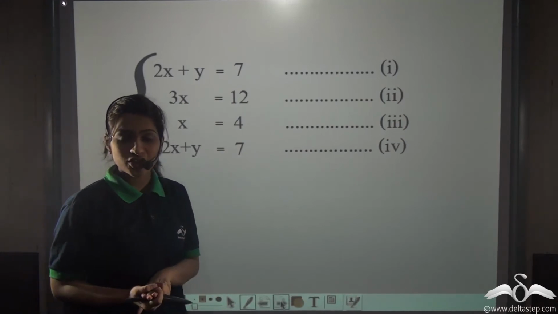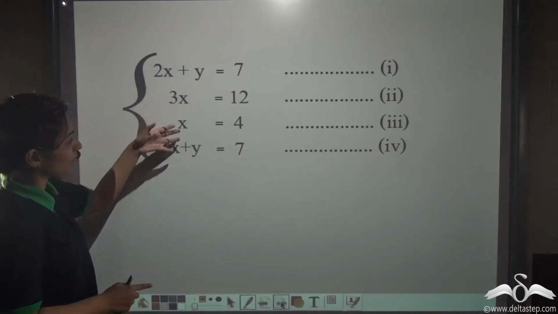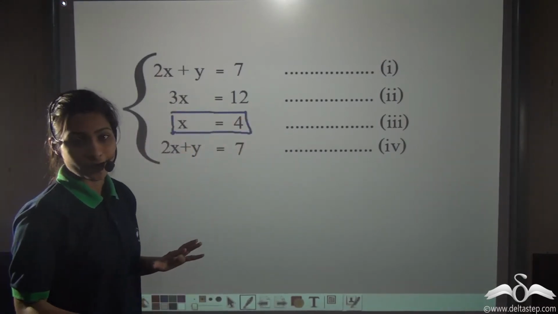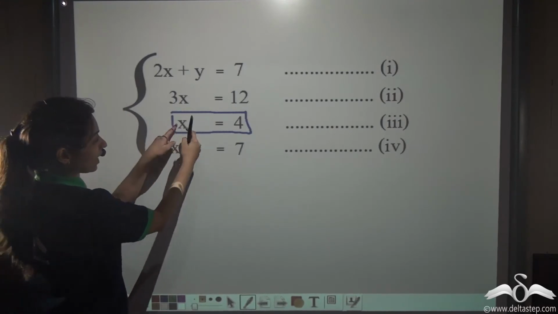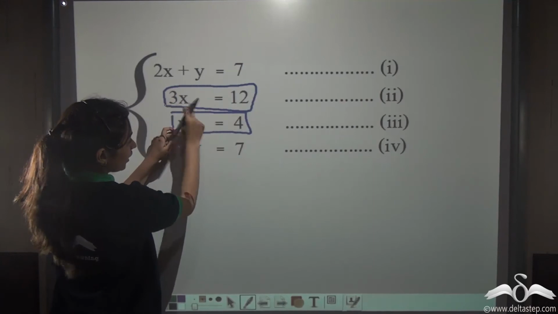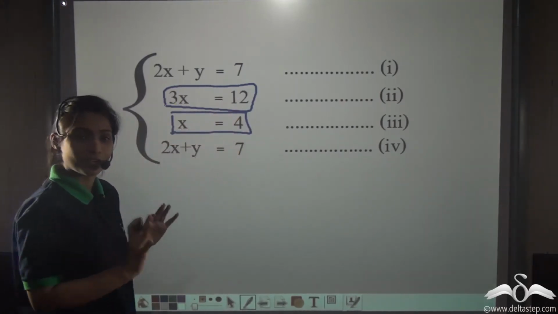Well, according to the question, we had to find out x and y. Well, directly from the equations, we can see x is equal to 4. So there is no need to find out x. Well, see, this can be verified also. 3x is 12. So if x is 4, 3x is 3 into 4, 12. So we have got the correct value for x.